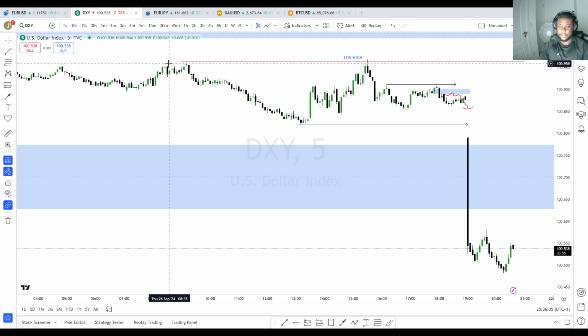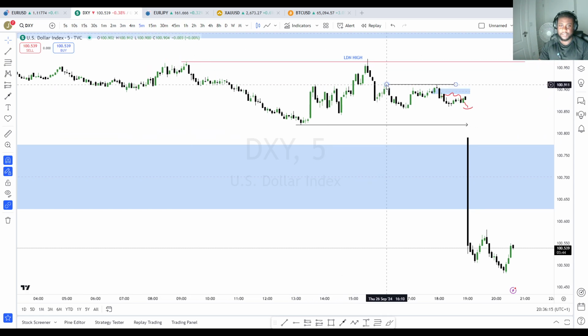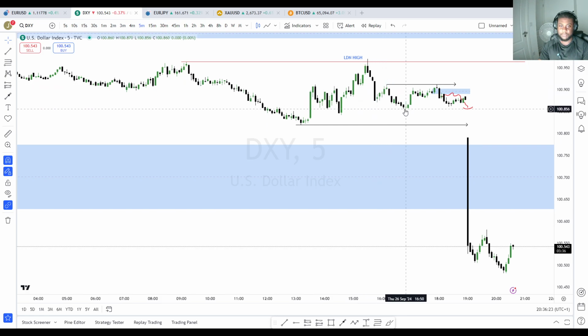We had London's high, okay, being targeted, right? So the liquidity resting above today's London session high was taken there. And then we had that change there as well, okay? So we had price breaking beneath this 5 minute lower high, higher low to give us that lower low. So I was thinking, okay, we may get a test and then a move lower.